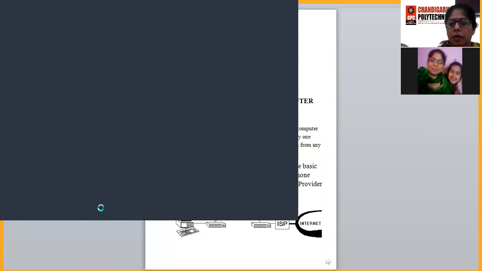Next option is to connect to a workplace. Next option is to set up a dial-up connection. Then if I scroll down, there are other options also to set up a wireless computer to computer network, or you have another option of Bluetooth personal area network. So these are the several options that are available under this. So which one do we have to select? The first one, connect to the internet.